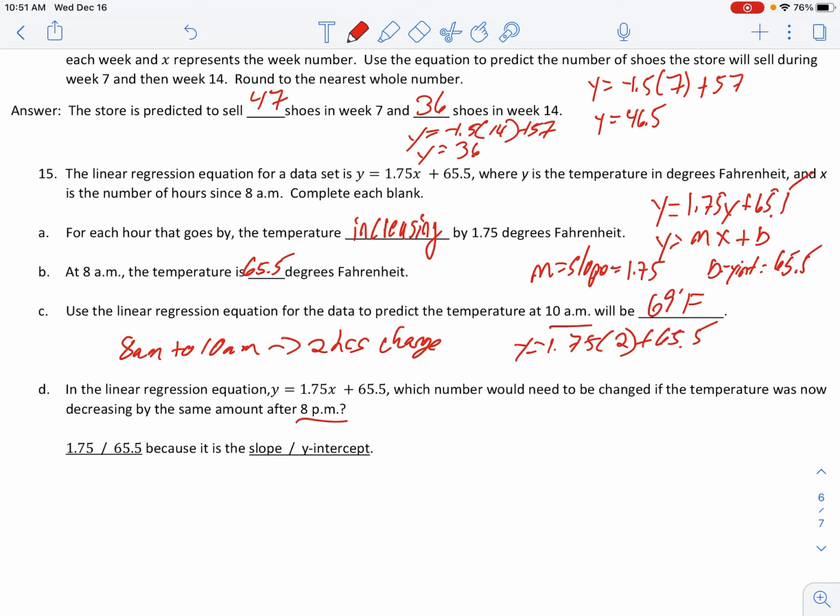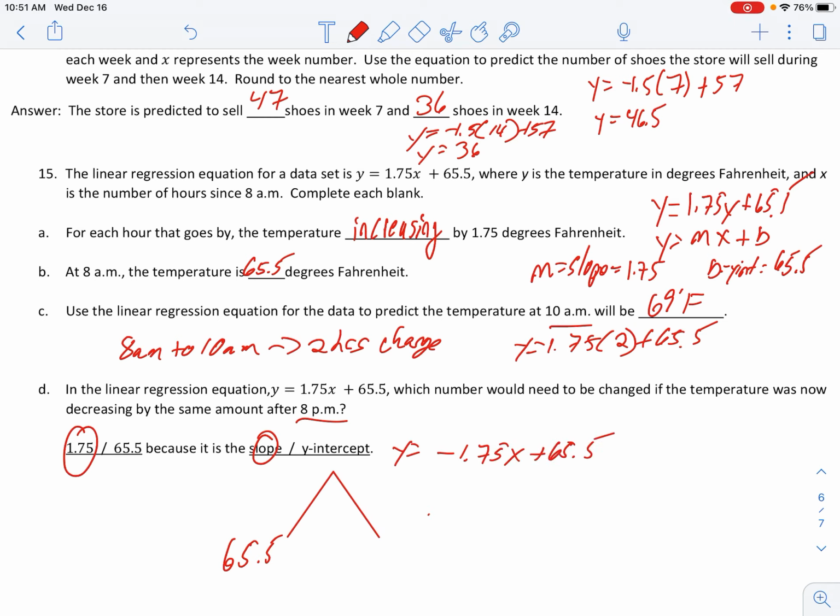So we start off at 65.5 degrees and we start to go up. And eventually at 8 p.m., we start to turn and go down, and we want to go down at the same amount. So we're going to need to change 1.75 because it is the slope. So it would need to be a negative